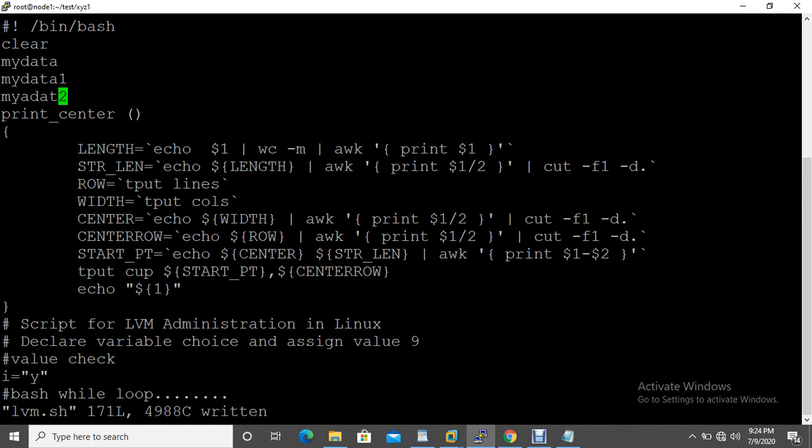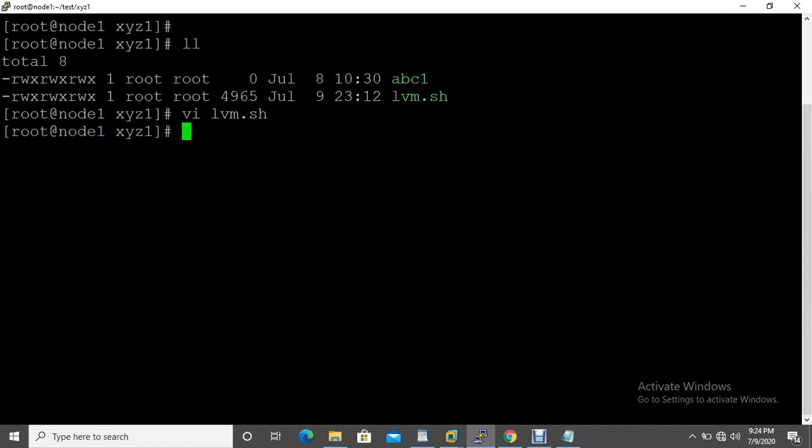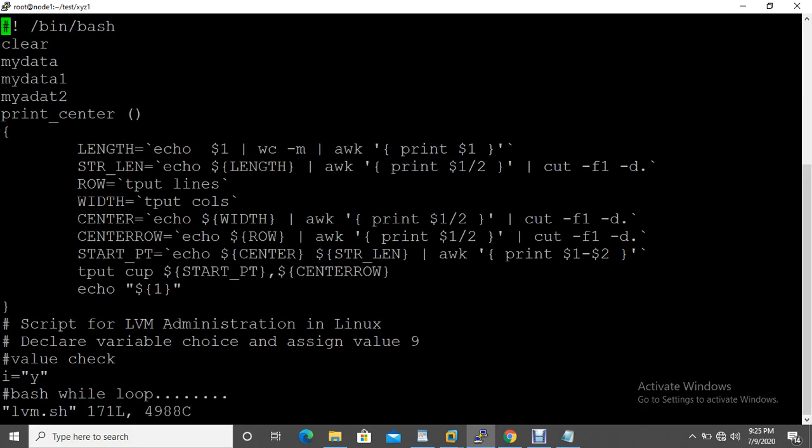You can see my file is saved. Now let me exit the file. In the same way, press shift semicolon and the Q button. See, I exited from the file. Again let me open the file. You can see all the data I wrote is available here.